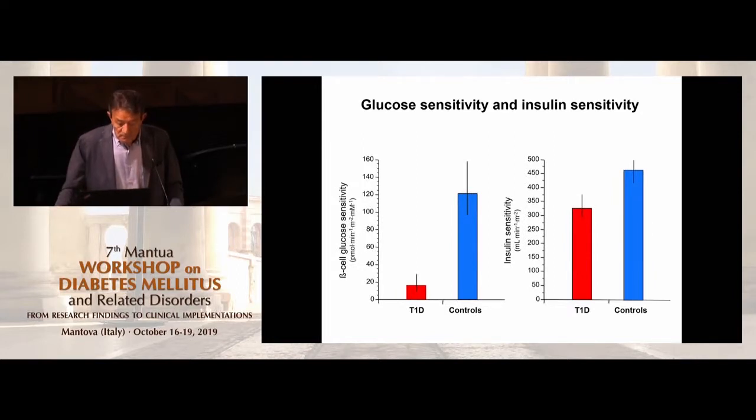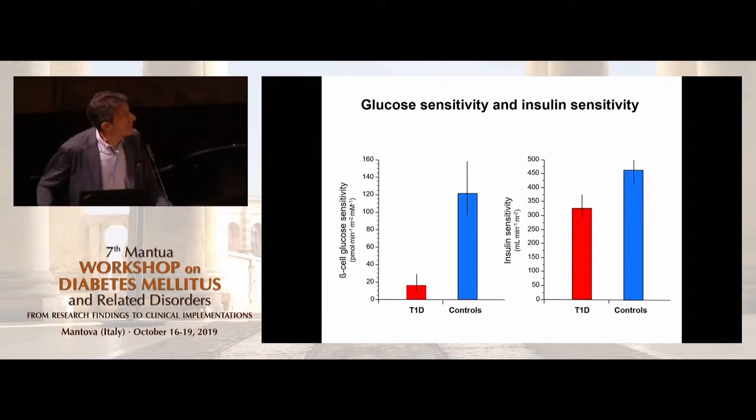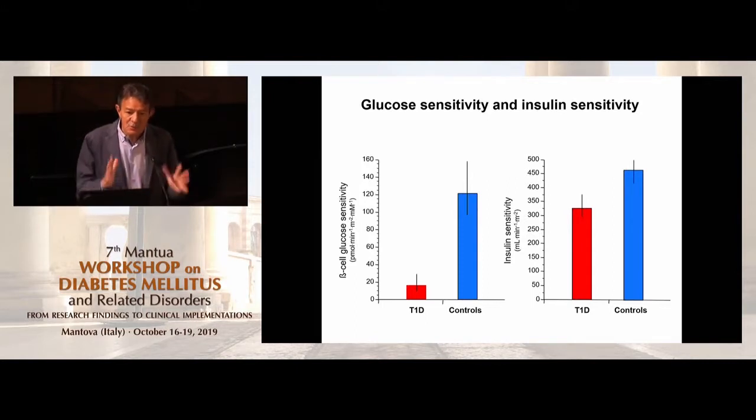First of all, we looked at beta cell glucose sensitivity, so beta cell function. And without much surprise, we find that it's drastically reduced in the patients as compared to the controls. We also had an estimate of insulin sensitivity. It wasn't a clamp, it was one of those proxies, but we also found a significant 25 to 30% reduction in insulin sensitivity. And these were lean, young people with well-controlled diabetes. So the idea that type 1 diabetes is a model of insulin sensitivity, as opposed to type 2 diabetes, is kind of uncertain.